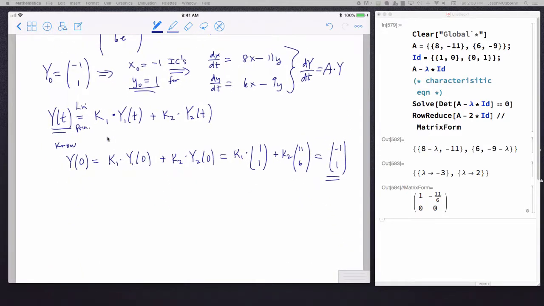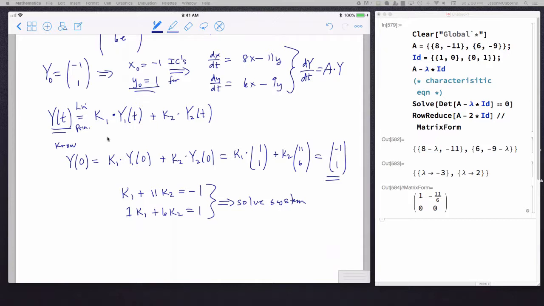Which leads to the system k1 plus 11k2 has to equal -1, and 1k1 plus 6k2 has to equal 1. So now you need to solve a system of equations,